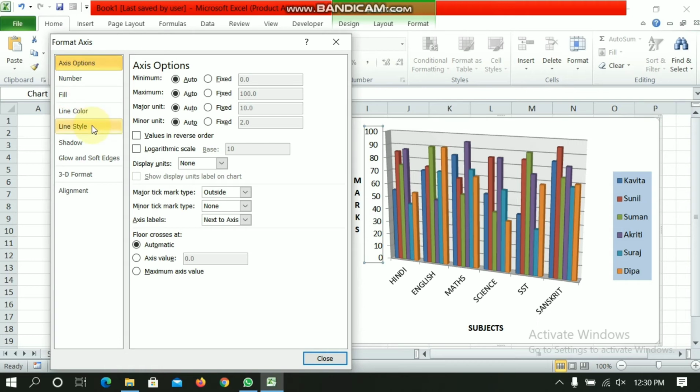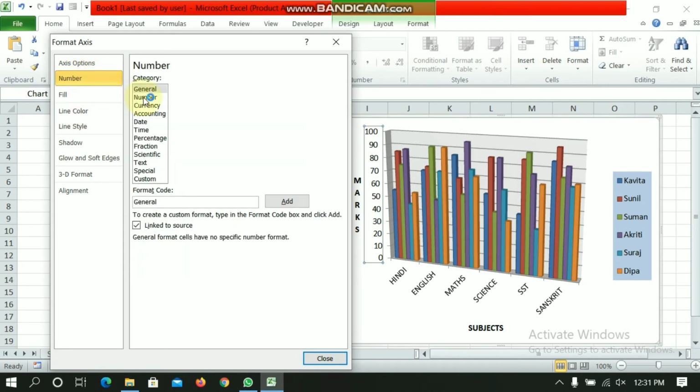Here you will find various options. You can set the axis option, you can change the number and its category. You want number in general, currency, accounting, date, time, anything, and you can change it as well.